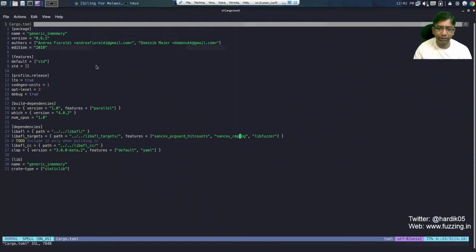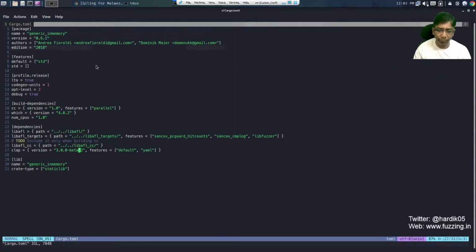We'll be discussing cmplog in the next video. We will be only focusing on libfuzzer as of now, and libafl_cc. If we are building the compiler, then we can write the compiler in the libafl_cc directory.